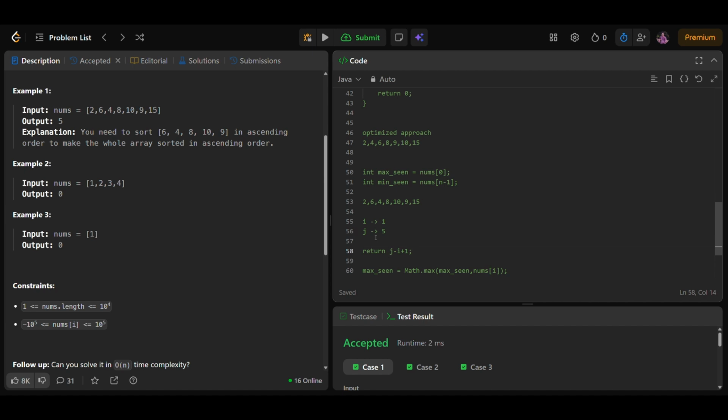Okay, but for the sorted case, what will happen in case of a sorted array? Let me think what we can do. Because we are proceeding forward, right? What we can do now is